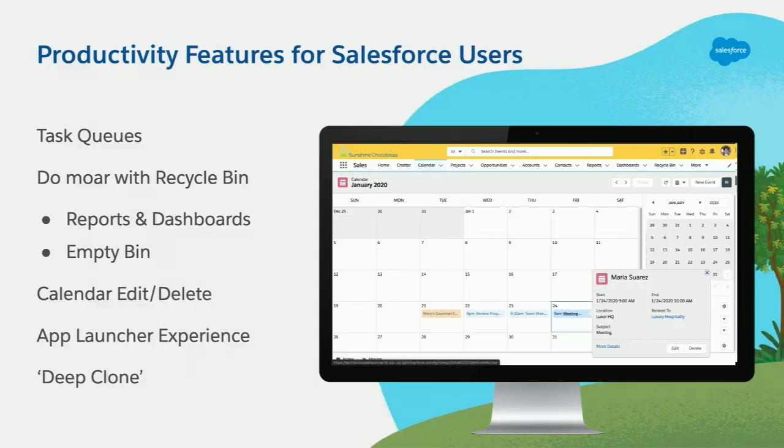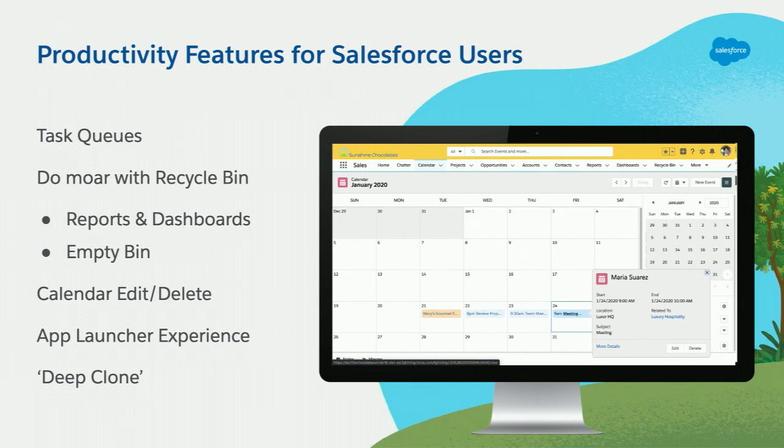We also have more with Calendar. Lightning Calendar is one of our favorite features. In Lightning, it provides a lot of functionality for your end users, for your sales users, for all of your end users really, and admins. Every single release, we're seeing more come to Calendar. If you haven't yet got hands-on with Calendar and started adopting Lightning Calendar, I highly recommend doing so. We have even more features being delivered this release to reduce clicks for your users. Now you can edit and delete on hover. As an admin, you can control that with your compact layout and really help your users get more done on one screen without clicking around.